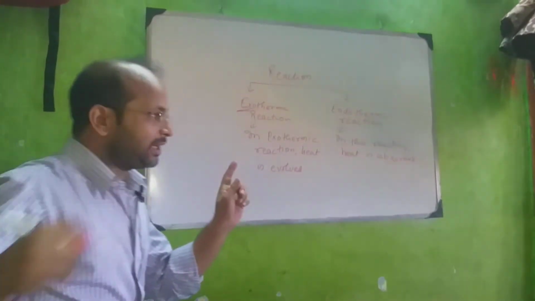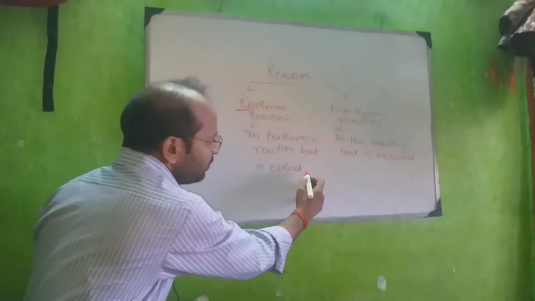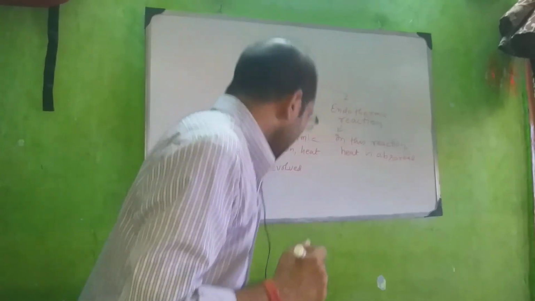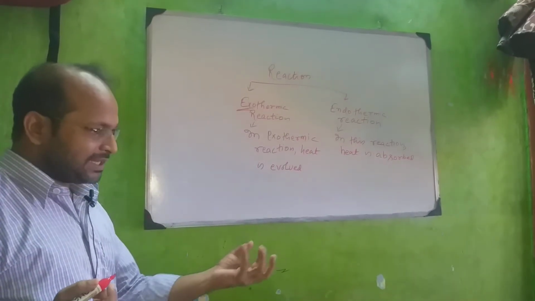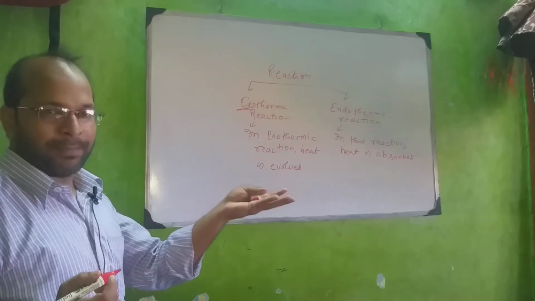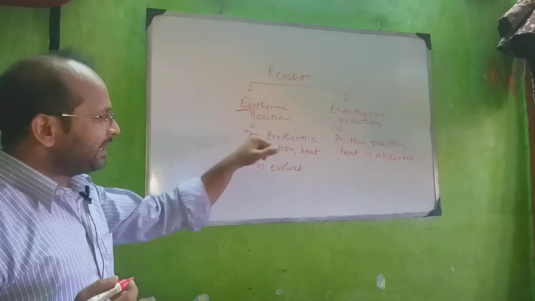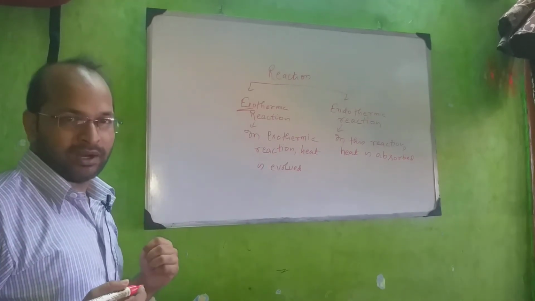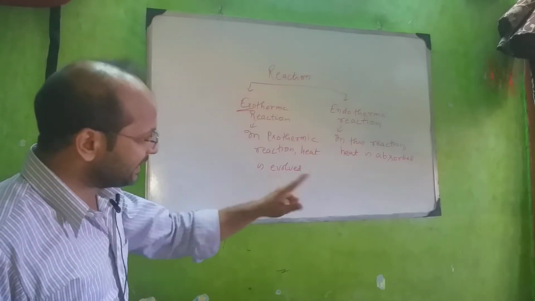Now you see what I have written. In exothermic reaction, heat comes out. Okay. And in endothermic reaction, heat is absorbed. I am giving an example of exothermic reaction, like burning of coal. Suppose you are placing wood or paper or coal and you are burning it. What will happen when you burn? You will get heat. Heat will come out. You can't place your hand over there because your hand may get burnt. You will feel much trouble. So in this reaction, heat is evolved.